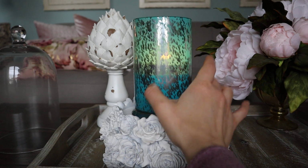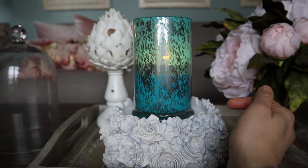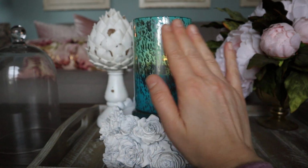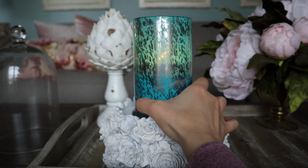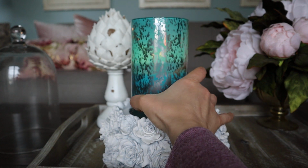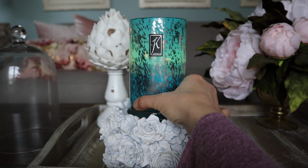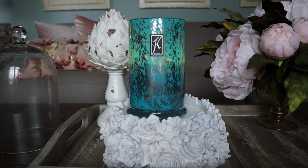So pretty. And you can see even with this being a little bit more opaque, that there's no sooting or anything like that. Now, that being said, this one I've only been burning for about 3 hours or so at a time. This one has now been lit for about 2.5 hours. And I'm just about ready to blow it out, only because